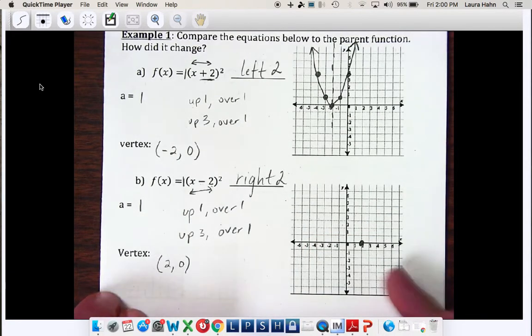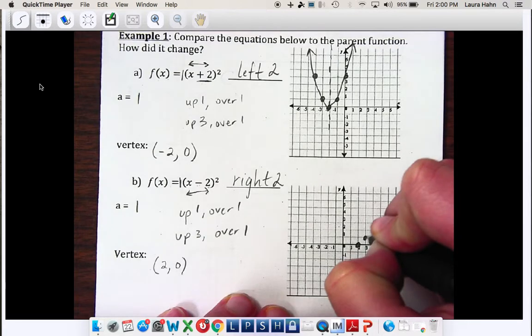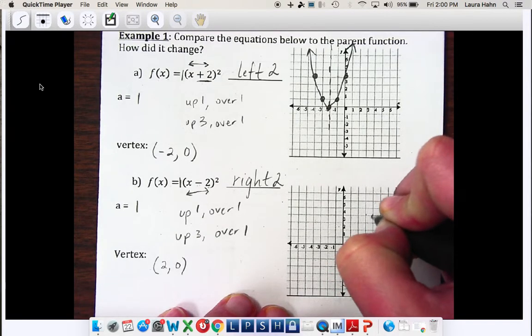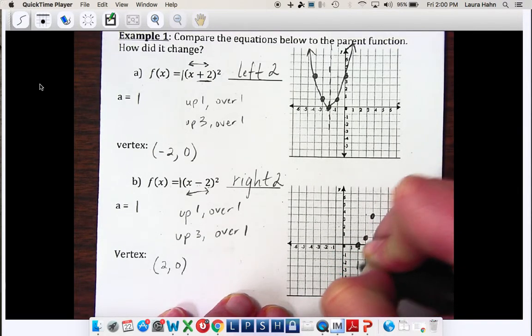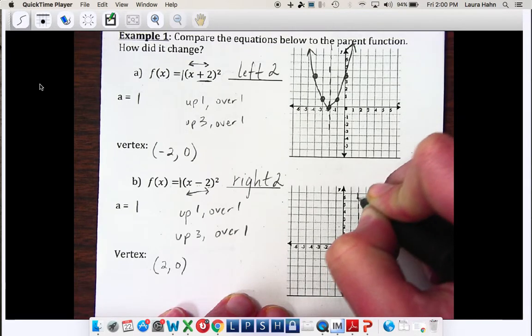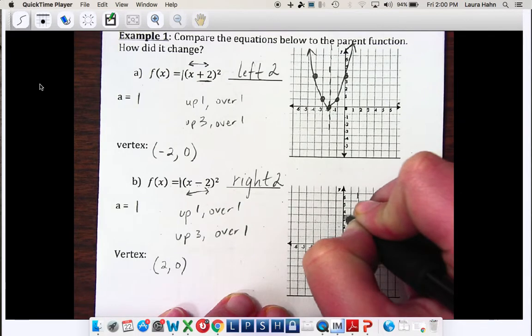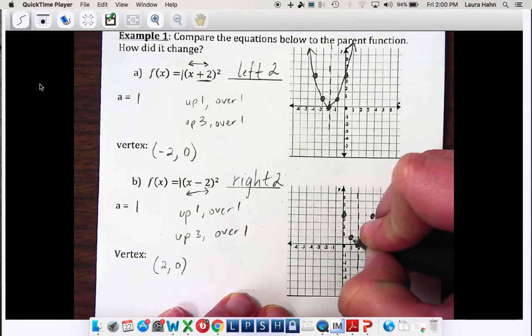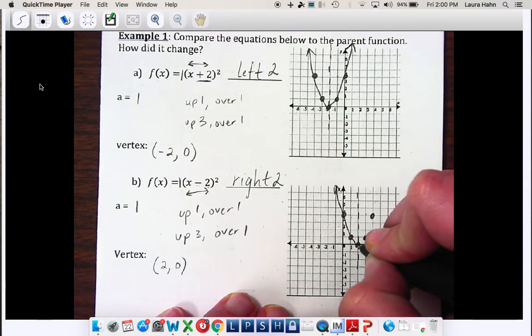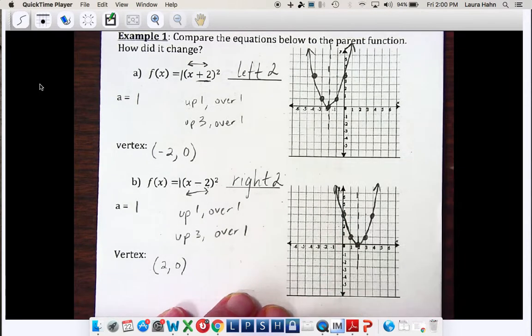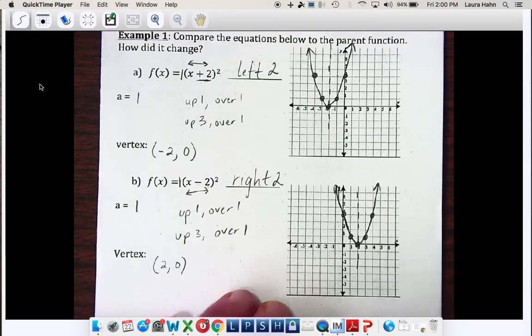From there, I'm going to go up 1 over 1, and then from there, up 3 over 1. I need to mirror it over my axis of symmetry to get the full parabola. Oops, that's kind of ugly. I don't know what I did over here, but